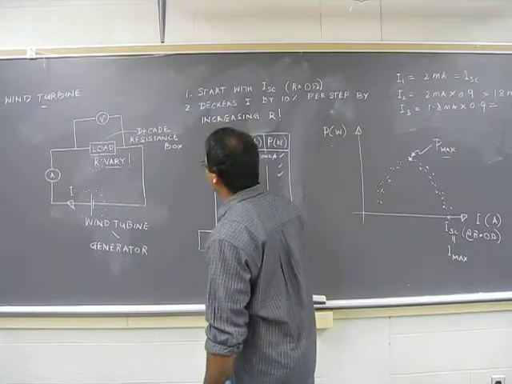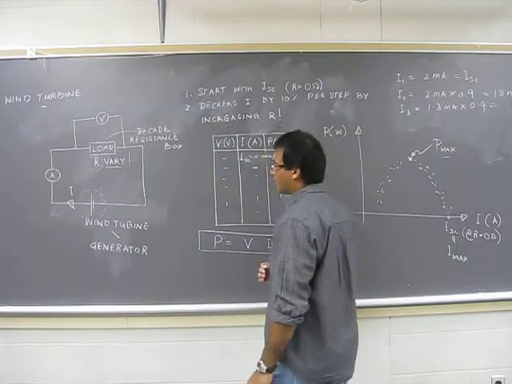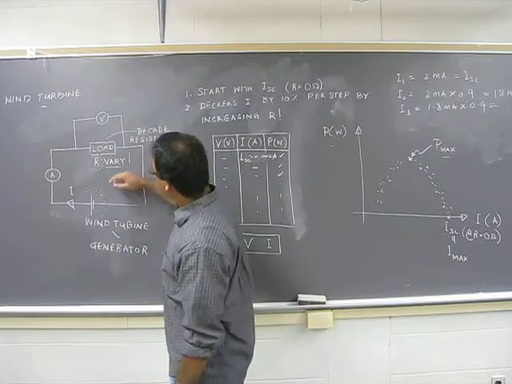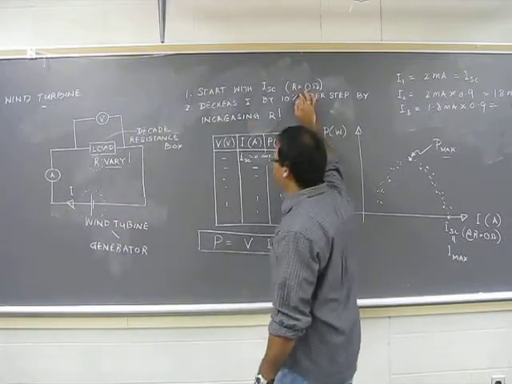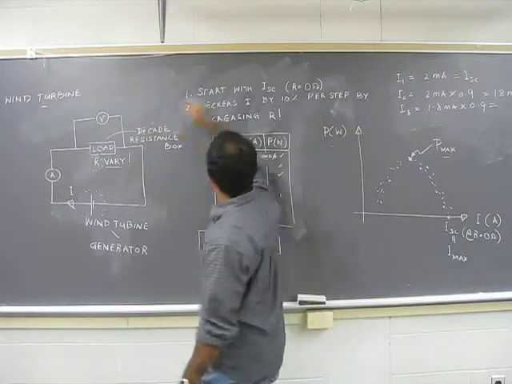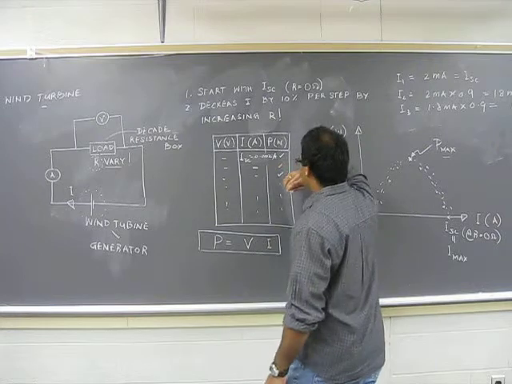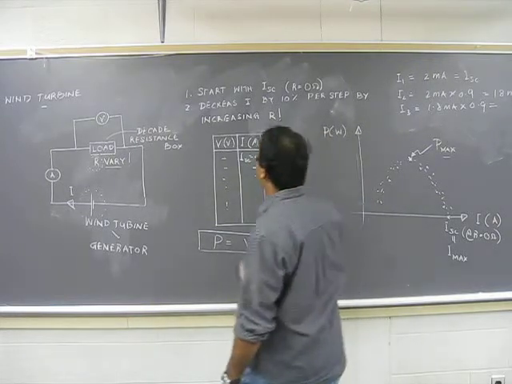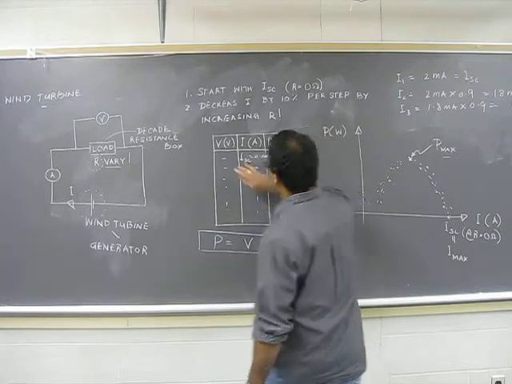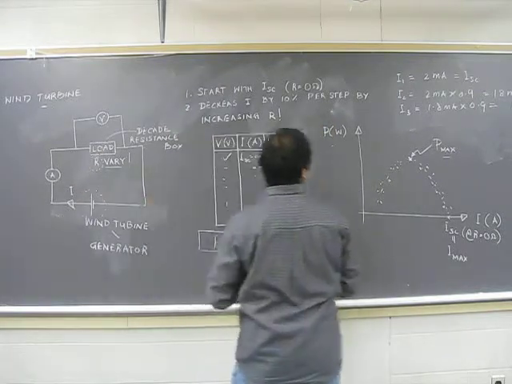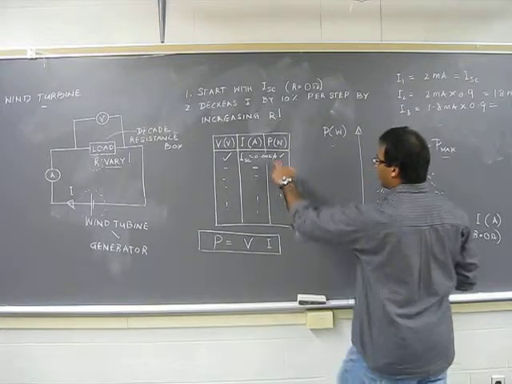Now we are going to start with the short circuit current. In other words, we are going to short circuit this circuit. So how do we do this? We set the resistance box to 0 resistance. Now we can measure the short circuit current, and that is your first current right here. Once we have that, we read the corresponding voltage from the voltmeter. That's your first data point right there.